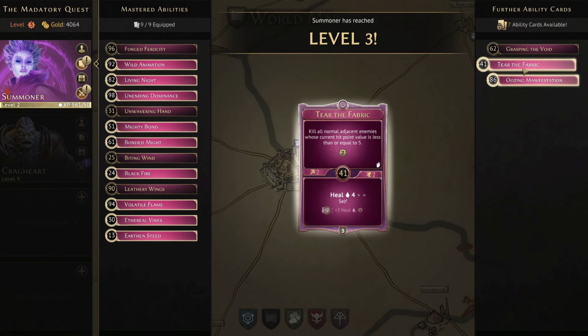However, it's not really in the spirit of this character, right? It's not really in the spirit of what we're trying to do. We're trying to create summons. We're trying to use those summons effectively. It's not very much in the spirit of this kind of build. I also just don't really like these kind of conditional ones. I much prefer the unconditional execute effects, or ones that are maybe a little bit easier to do, because having